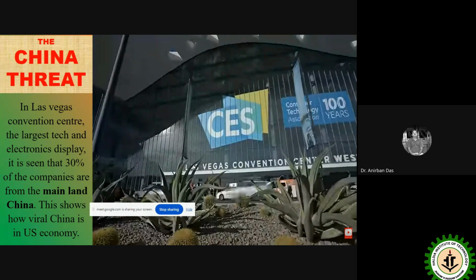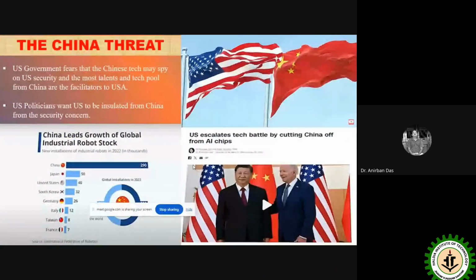There we found that 30% of the companies were from mainland China, which is basically a threat or a signal to the US that they are not far behind. And you can see that